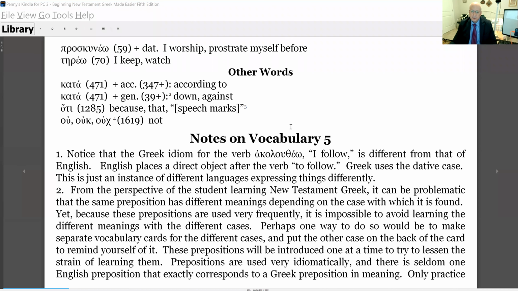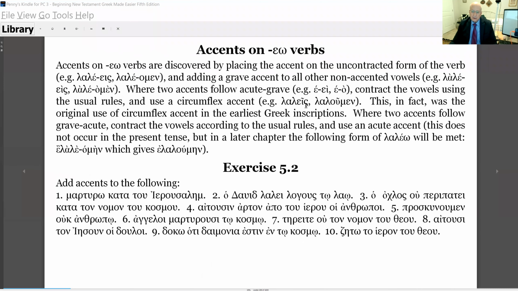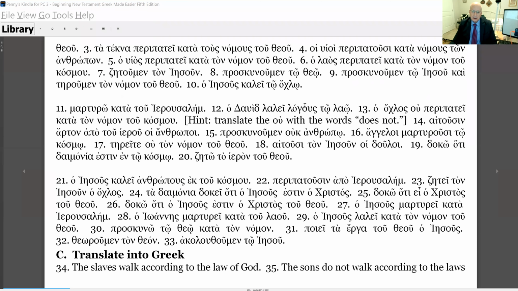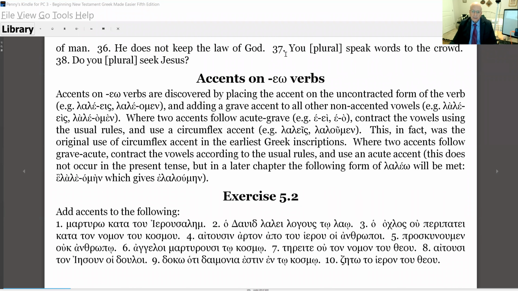So this is your textbook. I don't have page numbers because I have the electronic edition here that I'm showing you. And we scoot down to the exercises. Now notice that we don't do exercise 5.2 because